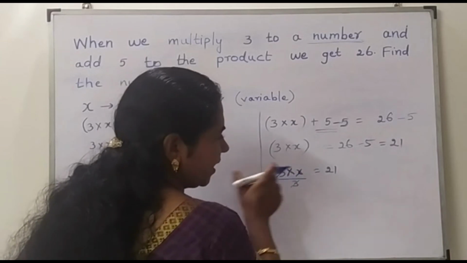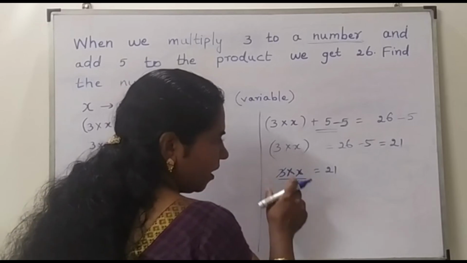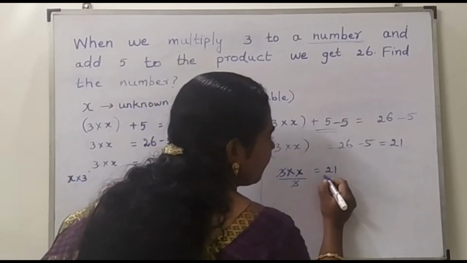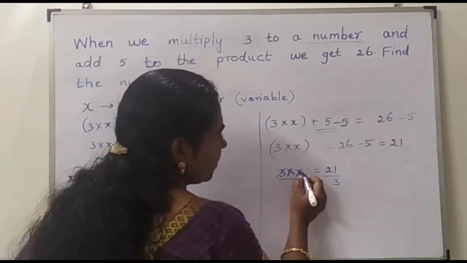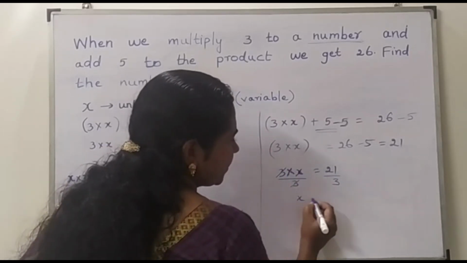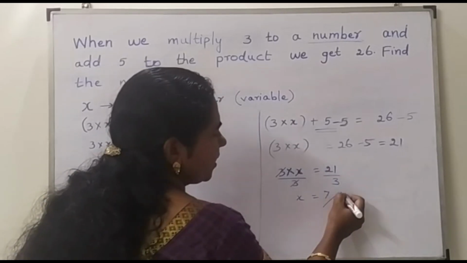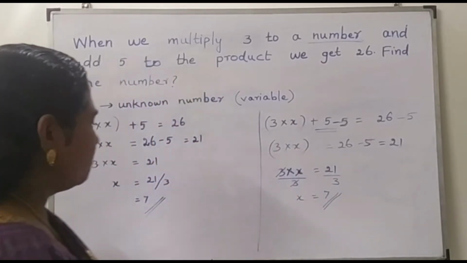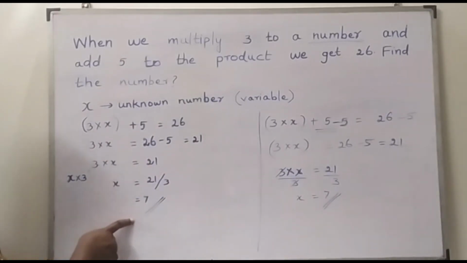Now in the left hand side I have divided by 3. So in order to balance the equation, I have to divide the right hand side also by 3. So now it becomes 1 into x, x is equal to 21 by 3, it is 7. So now we have obtained the value of x is 7. So now see, the same thing we have got here also.